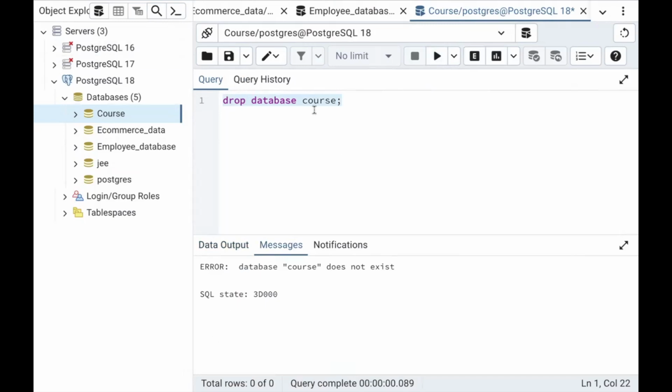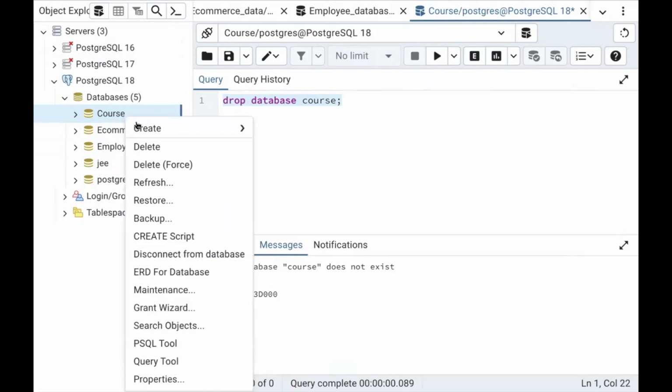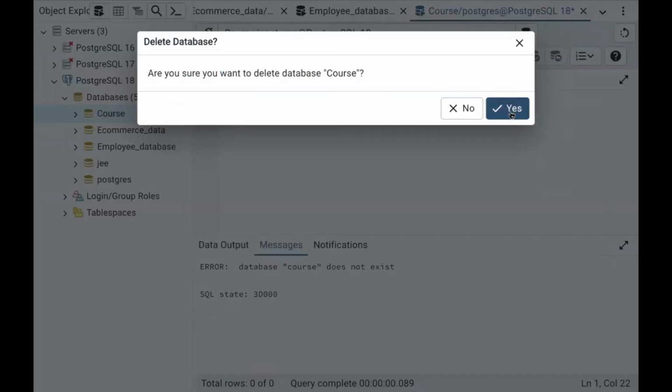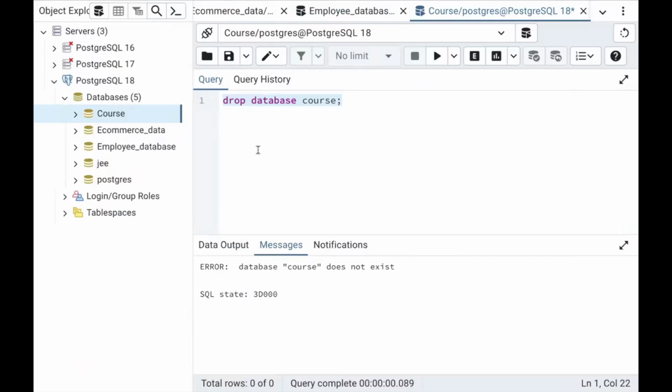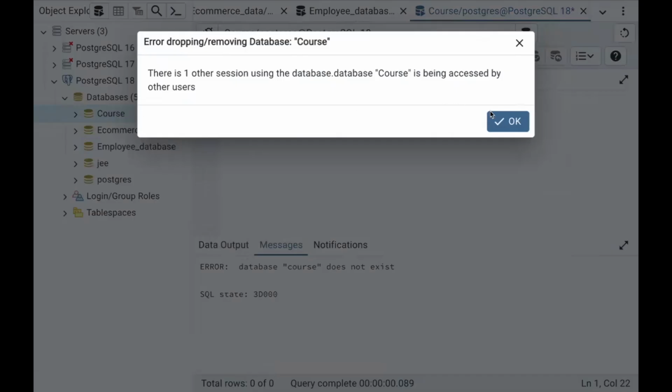But this is the code that we use for dropping databases. Dropping databases is not really recommended. Still, if you want to drop it, just use the UI and click on delete. Okay, so the query is not working in this case. I don't know. But usually drop table and drop database should not be implemented, practically speaking. I hope it's clear.